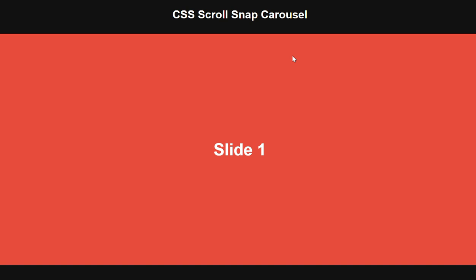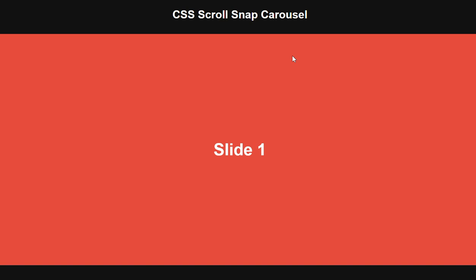You also have to make sure that the snapping is consistent and that it doesn't mess with any existing UI elements on your page. And even though the ones that rely on JavaScript work, they often introduce unnecessary complexity for something as simple as scrolling through a few items. So that's how scroll snap comes in and is helpful and